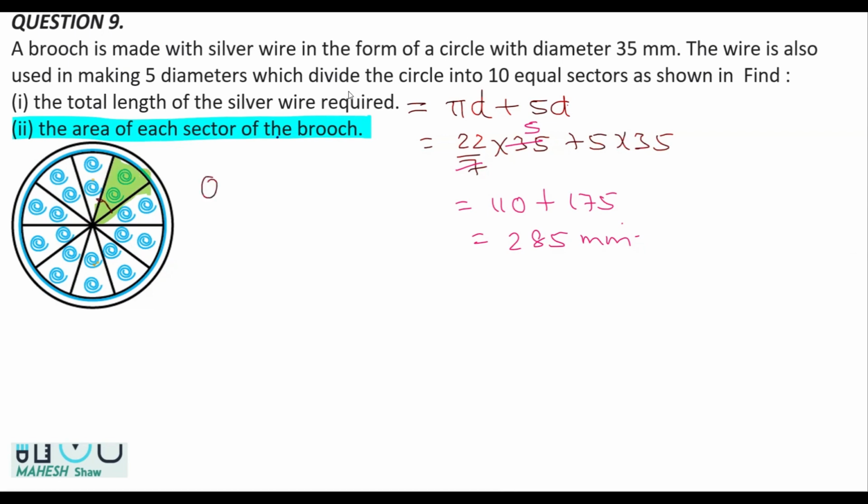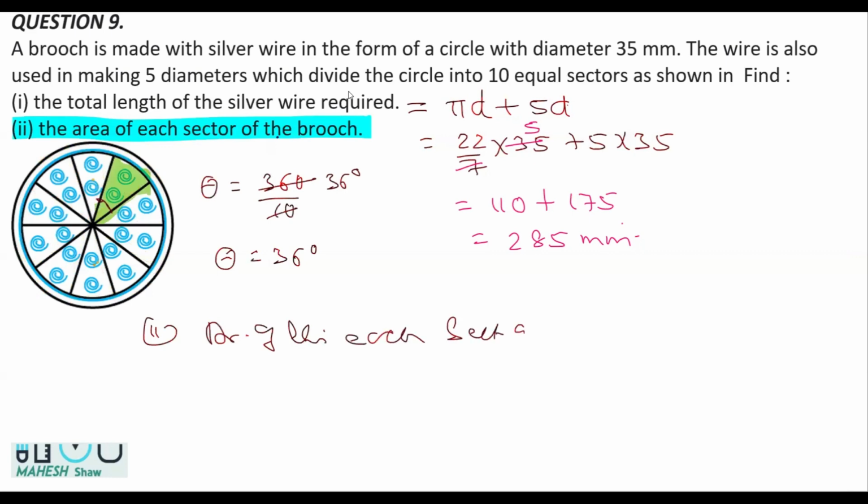So theta is what? As you can see, the complete angle is 360. And this is divided into how many sectors? There are 10 sectors, so 10 sectors are equal. So if I divide this, I'll get how much? 36 degree. Yeah, that's 36 degree. So once we get theta as 36 degree, for the second part, we can find the area of each